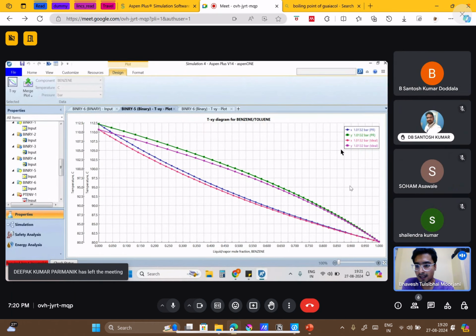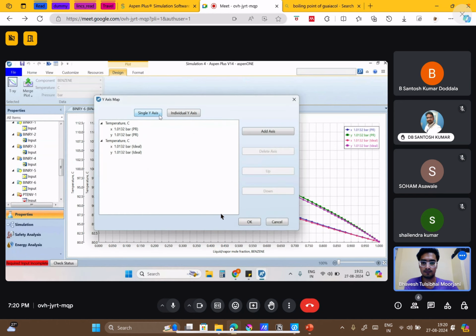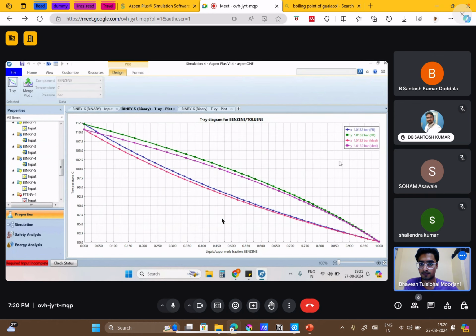Can you merge the y-axis? You can see there is a slight difference at the lower section of benzene between the ideal model and the Peng-Robinson model, while overall at the higher section of benzene the curves are almost coinciding. This is one comparison between ideal and the equation of state condition.